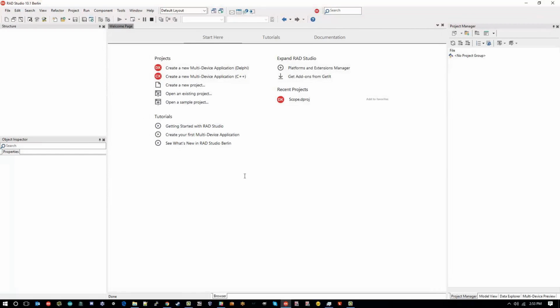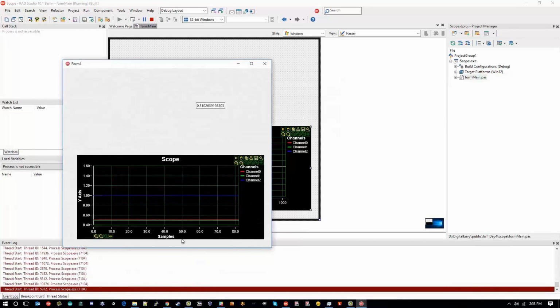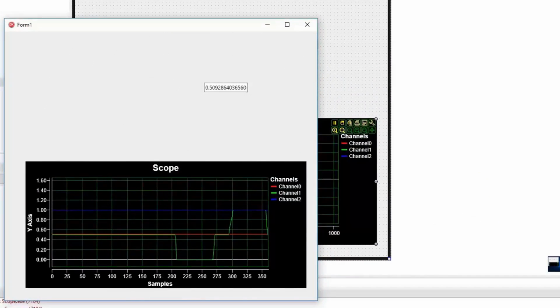So also included in the source code for today's session is a project called Scope, which is a Delphi project. I'm going to go ahead and open that up, and we can see that we've got a scope control here and a couple of other components which I'll look at in a moment. I'm going to go ahead and run this project, and as I press directional controls on the joystick, you can see the scope reading my input